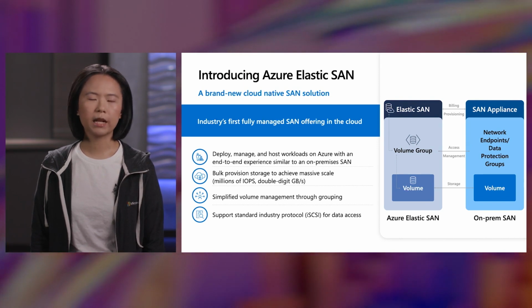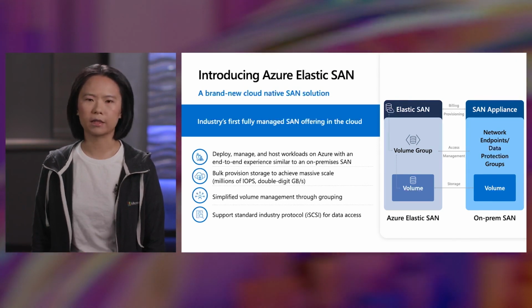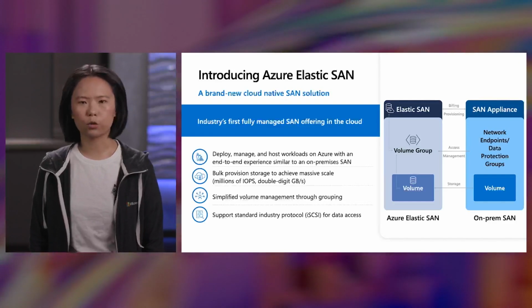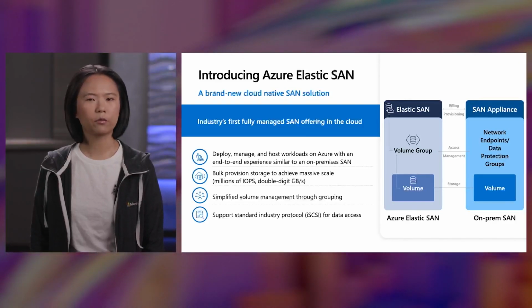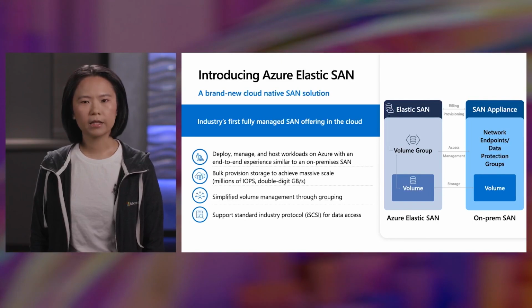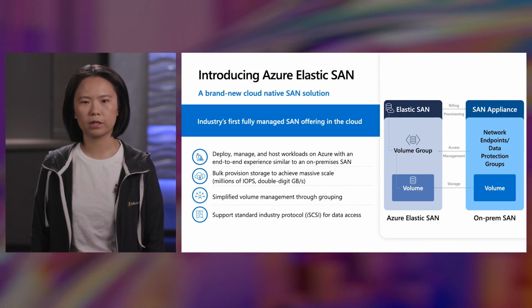Lastly, we support data access to volumes over iSCSI. It is a standard industry protocol, widely adopted for different workloads. Both Linux and Windows have inbox drivers that support connecting block storage over iSCSI. Azure Elastic SAN offers a differentiated solution that no other cloud provider offers. It provides an alternative path for SAN migration that is driven by storage needs.